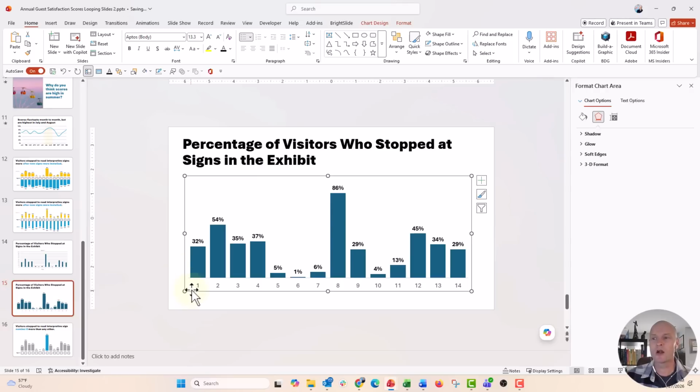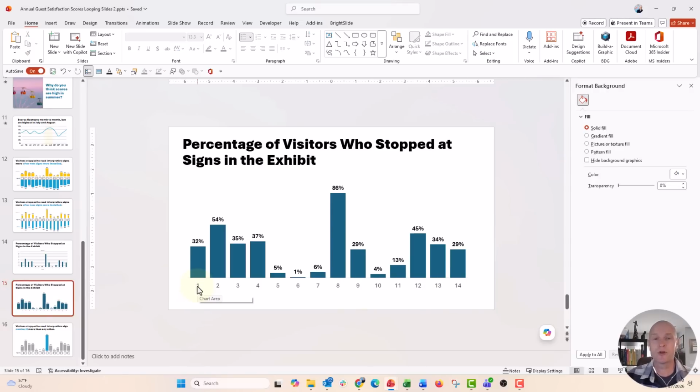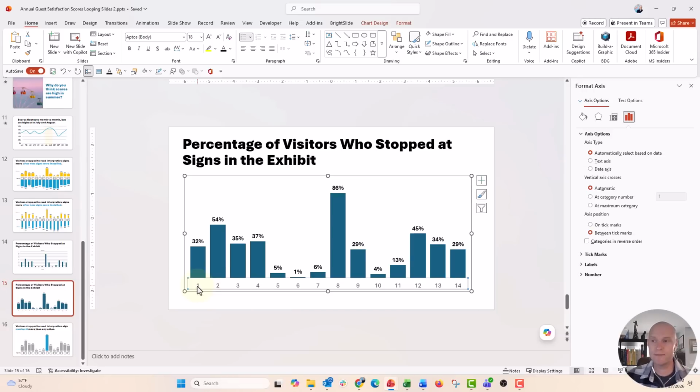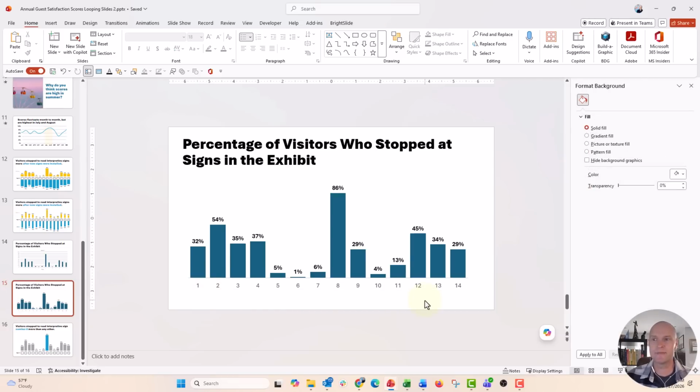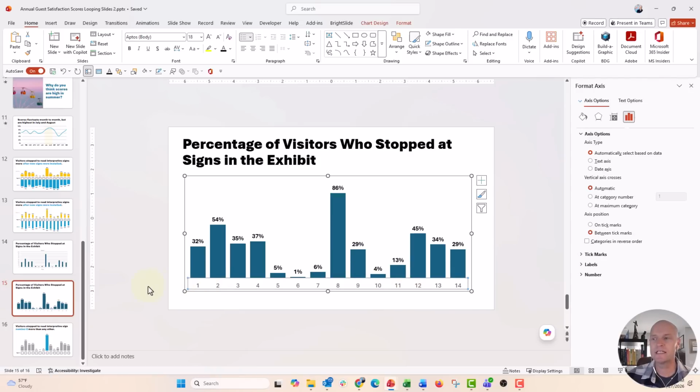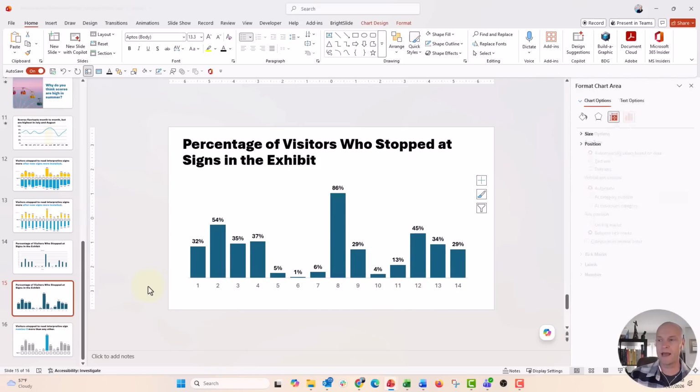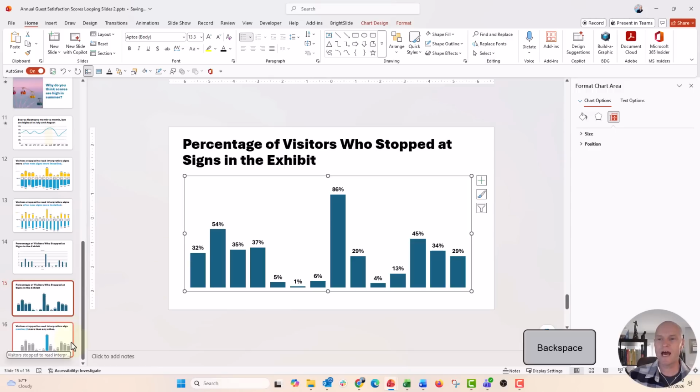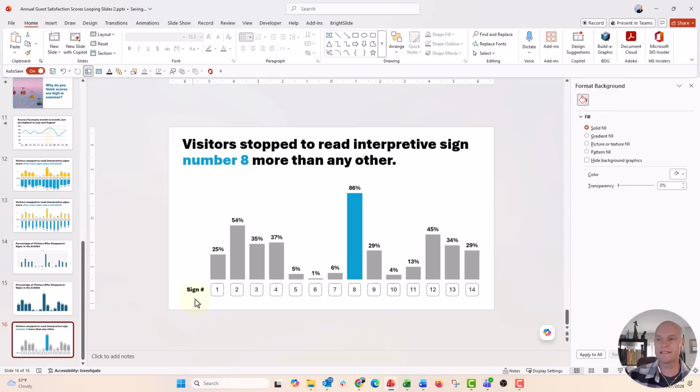Now we have our x-axis labels here. In this case, each of these numbers is associated with a sign. I could go ahead and just keep that and maybe label this as signs and people would be okay with it, but I actually want a more custom look and feel. So what I'm going to do is delete this axis right here. I'm going to backspace to delete it, and you can see on my example here,